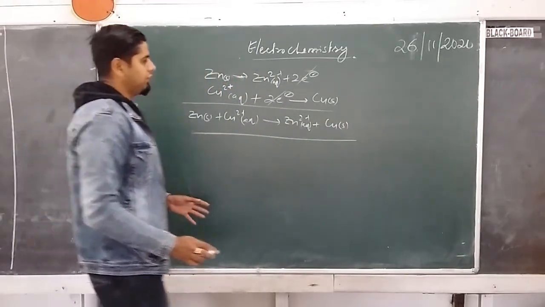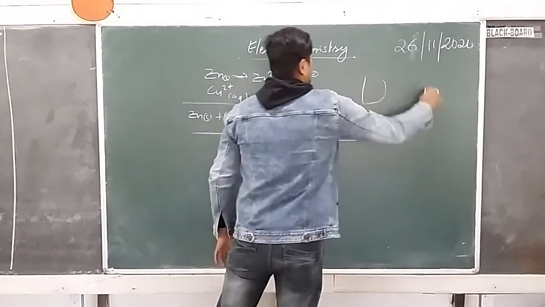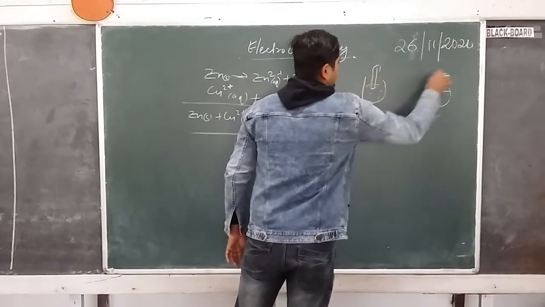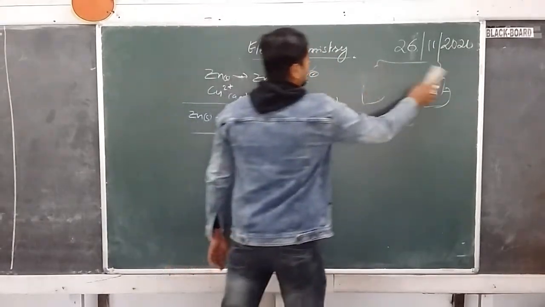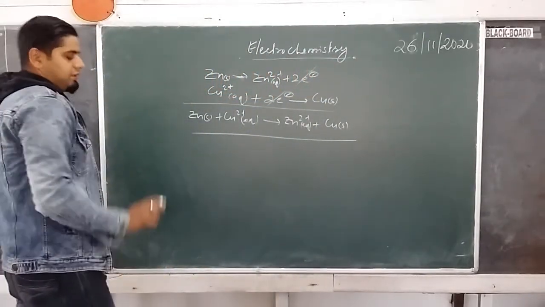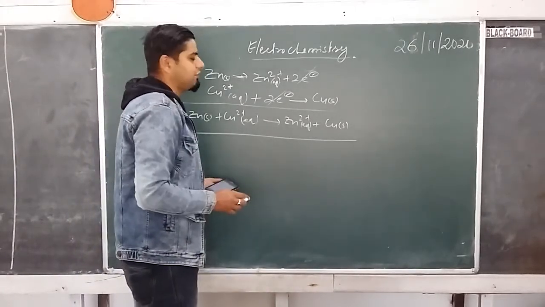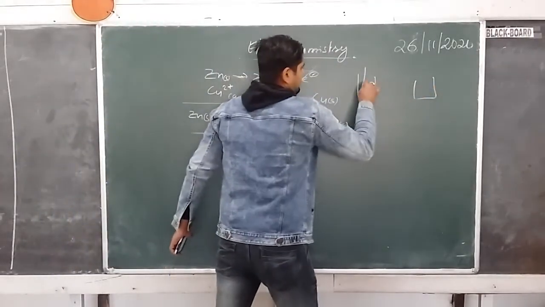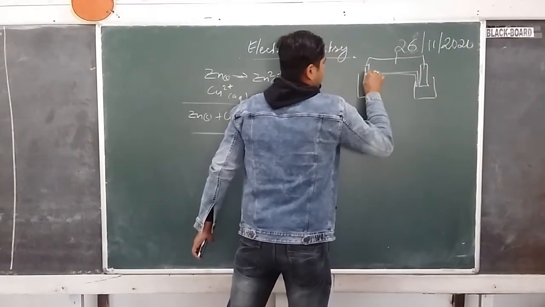Okay. Now if you need to set up this as a diagram, you will draw 2 containers with electrodes, salt bridge, etc. Yes or no? But to minimize this, we can express this in a very simple way. Okay, try to understand this. First, you have to write the electrode. So here in this cell, suppose this is the salt bridge.